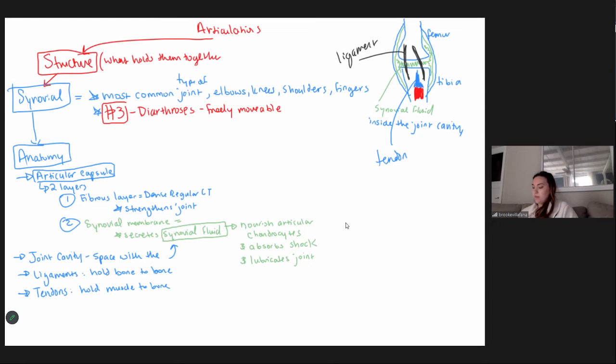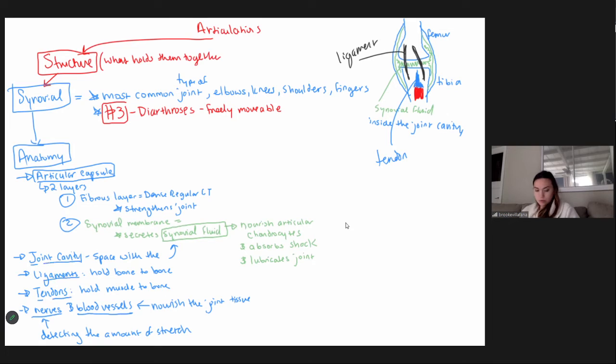Tendon holding the muscle to the bone, ligament holding bone to bone. We also have nerves and blood vessels that will supply the joint, detecting the amount of stretch in the joint. That's the function of the nerve. And then the blood vessels are going to nourish the joint tissue. So not necessarily the chondrocytes, but all of the other tissue inside of that joint will be nourished by